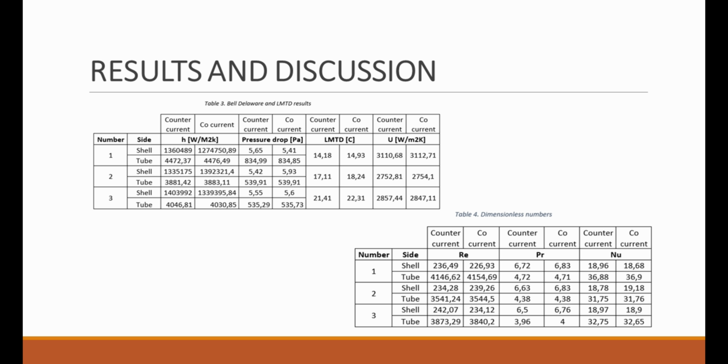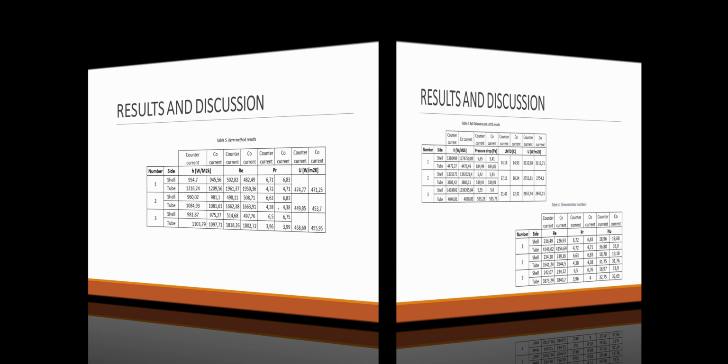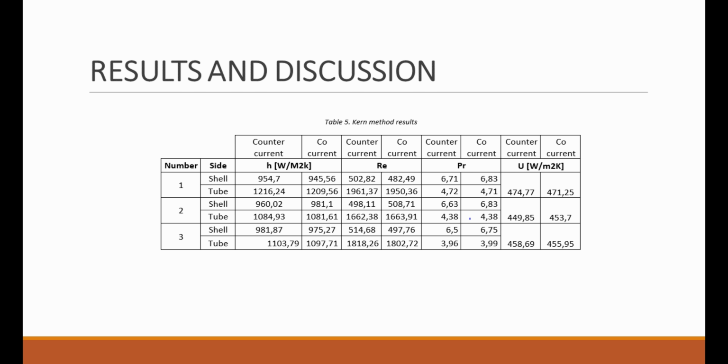As shown in the next graphs, it can be observed that the inlet co-current delta is large, but it becomes small at the exit of the exchanger. This fact means that for the same inlet and outlet temperatures, the co-current flow will need more surface area than the one needed by the counter-current. On the other hand,